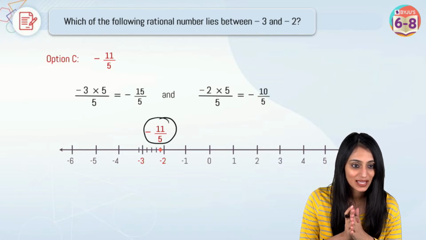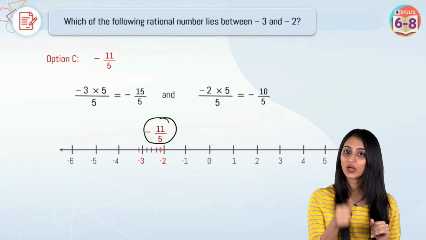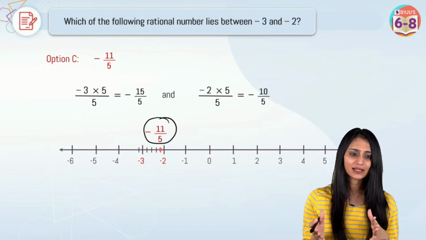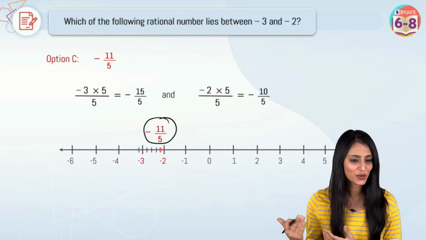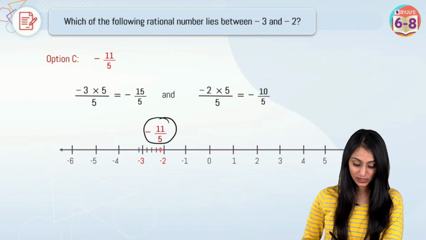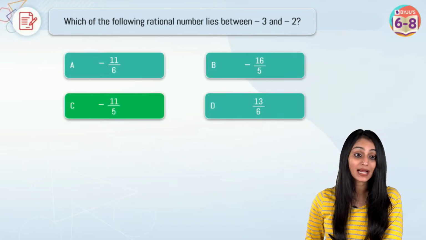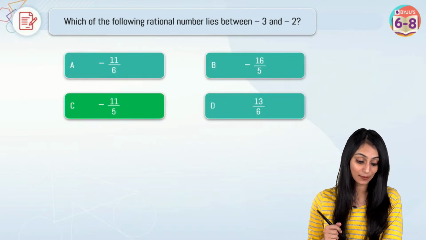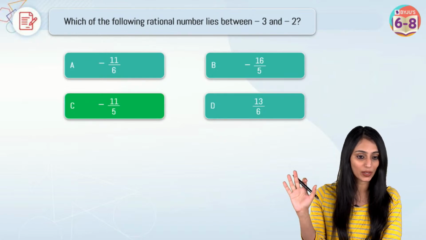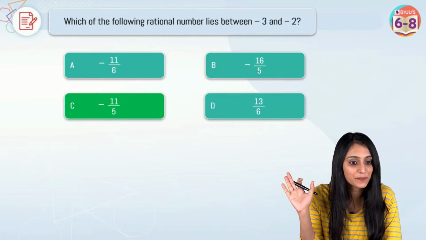Yes, Gungun. See, whomsoever will give the first answer, I'll call out their names, right? So it doesn't matter if mentee is not there, still we are having a quiz, right? Yes, so option C is the right answer, and maximum students gave the right answer, which is C. Some said it is A and B also. So I think whatever confusion you had in your mind, it's cleared now. Understood, right?